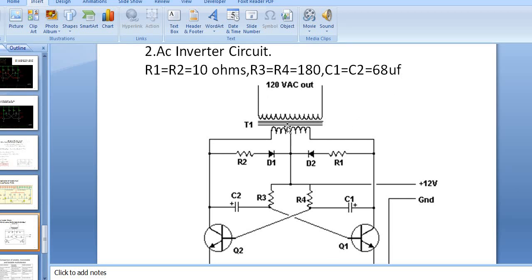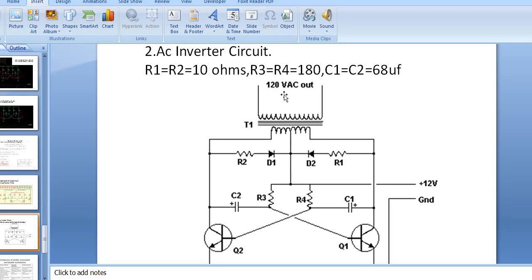In this application, the transformer is used in a reverse action. Let us assume this is a 12-0-12 transformer. This is the primary winding, this is the secondary winding. Normally we apply the voltage at the primary winding and get the reduced voltage at the secondary winding, right? Unlike this, if you apply a square wave to the secondary of the transformer, you're going to get an amplified version of the square wave. I mean, if it is 12 volts at the secondary, the primary will be 120 volts.